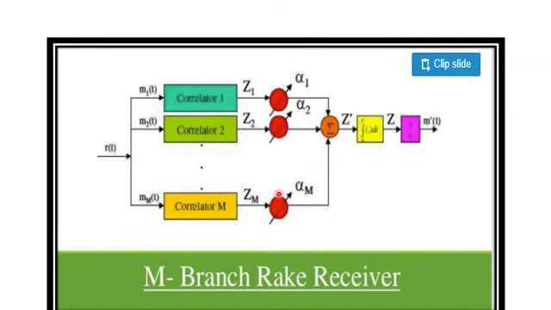Okay, next is the block diagram of the rake receiver. Here it uses M correlators, so it is also called an M-branch rake receiver. The rake receiver is basically a diversity receiver. It is designed for CDMA, where the diversity is provided by the fact that the multipath components are practically uncorrelated from one another when their relative propagation delays exceed a chip period. Here we are assuming that the multipath components are uncorrelated.